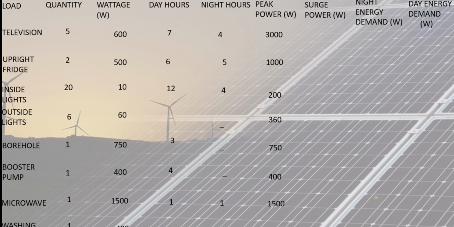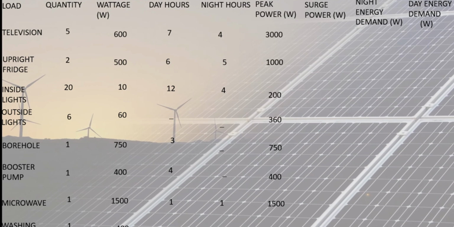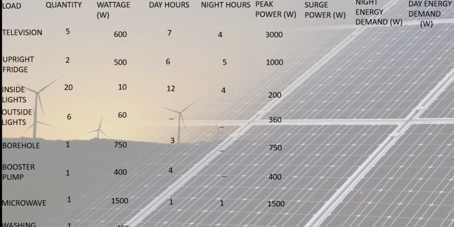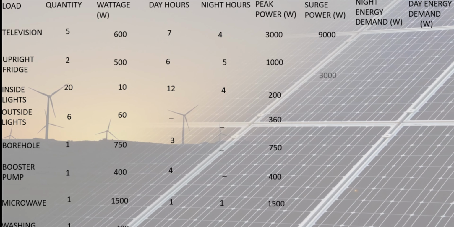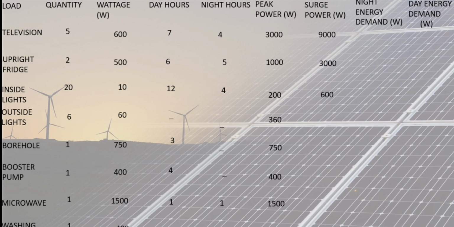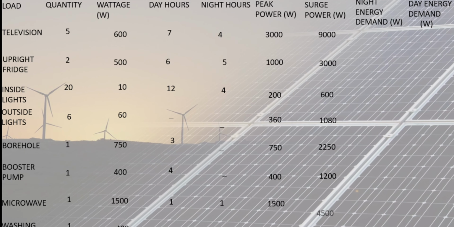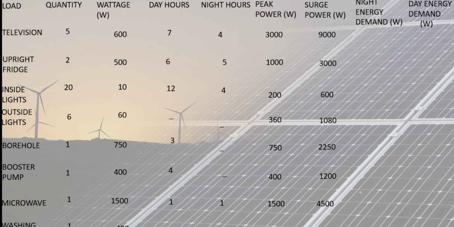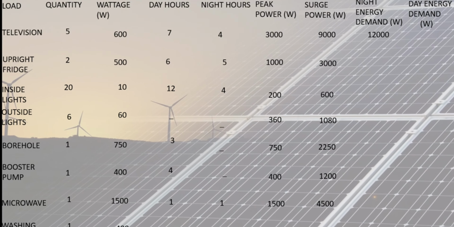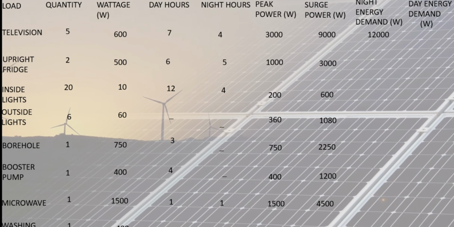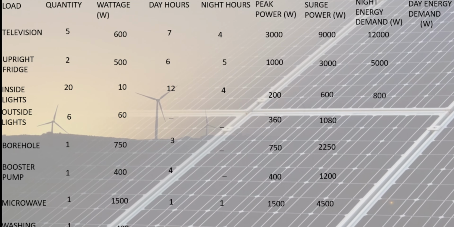Now we have to calculate the surge power. Surge power, if you recall very well, is peak power multiplied by 3. That's 3000 multiplied by 3, that's 9000. 3000 here, 600 here, 1080 here, 750, 2250, 1200, 4500, 1200. For night energy demand, multiplied by 9 hours, we get 12,000, we get 5,000, we get 800,